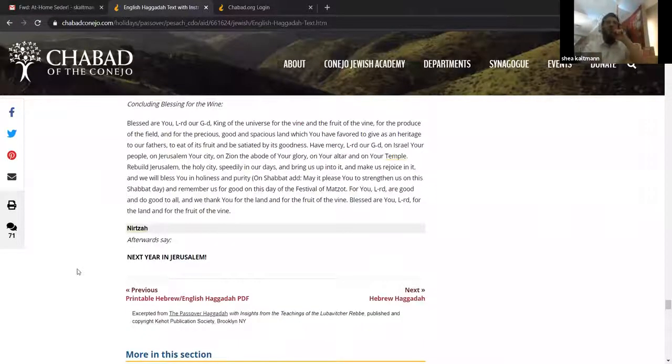And then the last step, the fifteenth step, is nirtza, which basically means that Hashem liked it, enjoyed it. Now, something interesting, the fifteenth step is a little interesting. What is it? You don't do anything. It just says Hashem liked it. How is that a step? The whole thing is there's fifteen steps of things we do. So it's actually a really beautiful message that we learn from nirtza,